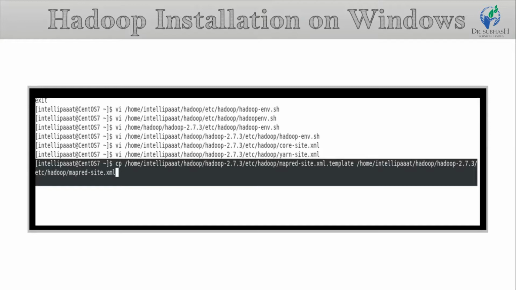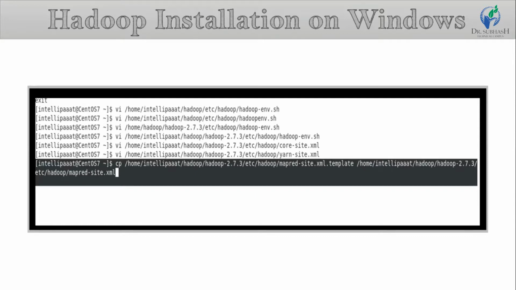Now you will copy the content of mapred-site.xml.template to mapred-site.xml. For that, follow the highlighted command shown on the screen.